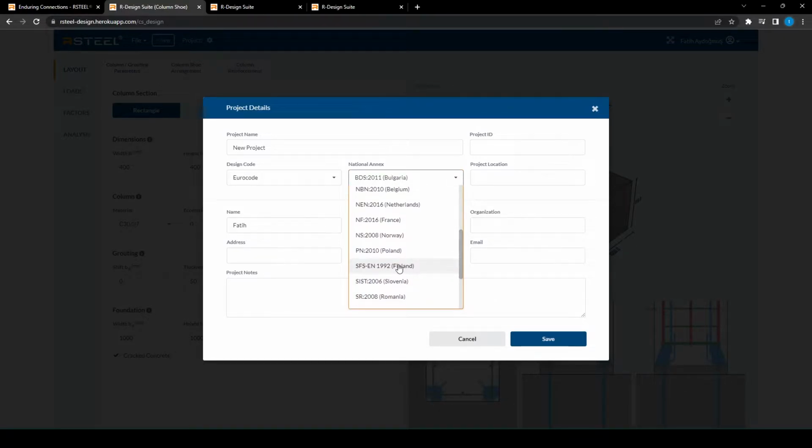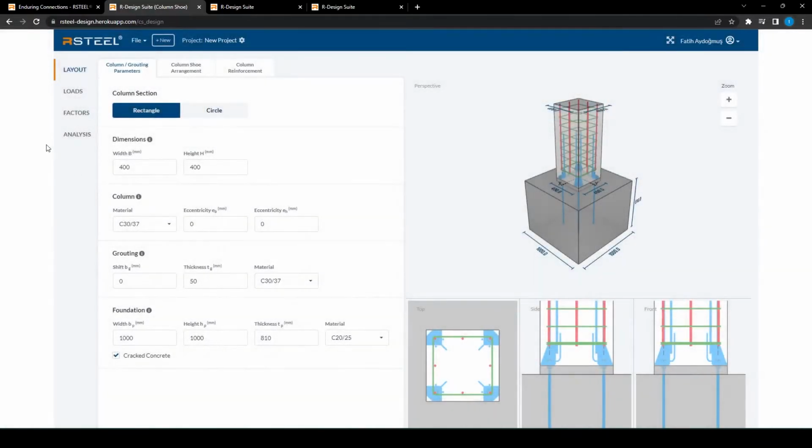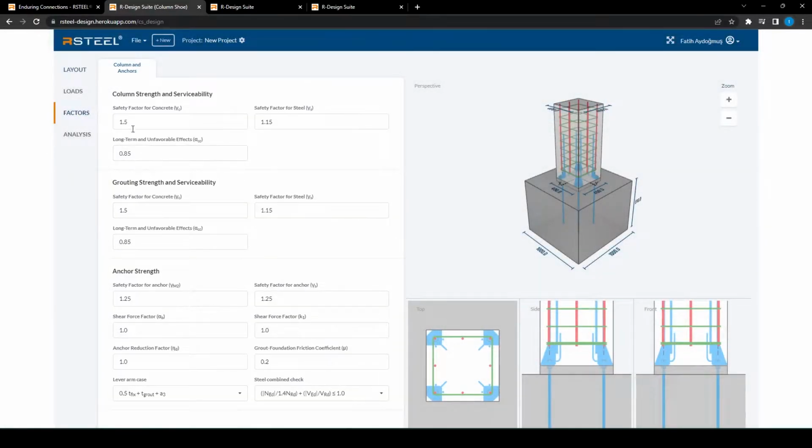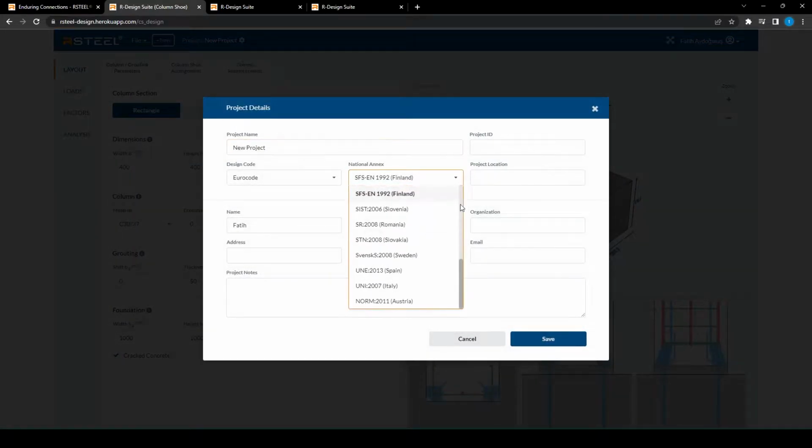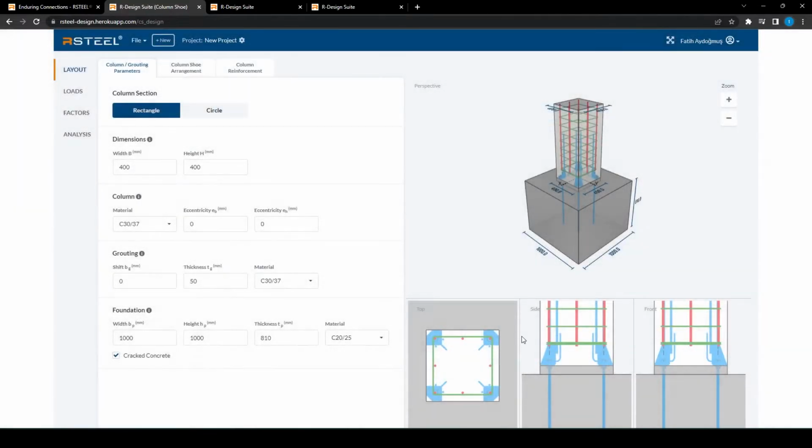This selection will affect factor page values such as safety factors for concrete, safety factors for steel, etc. We will mention them on the factor page in the next chapter. Also, you can pick without annex. If you select without annex, the program will take default values from your raw code. To pass this page, you can click the Save button and the project details window will disappear and you will